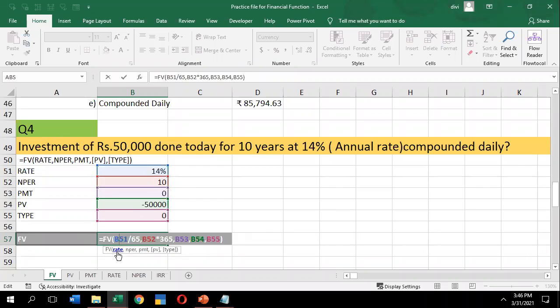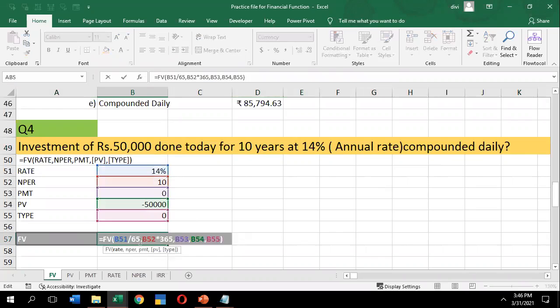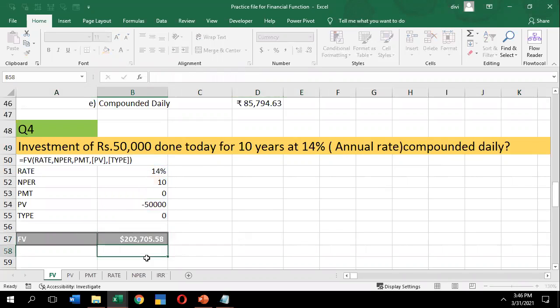The PV is 50,000, the rate is 14%. I have given 14% divided by 365. What is the 365? It's for 10 years, compounded daily. So I have given 365 days.